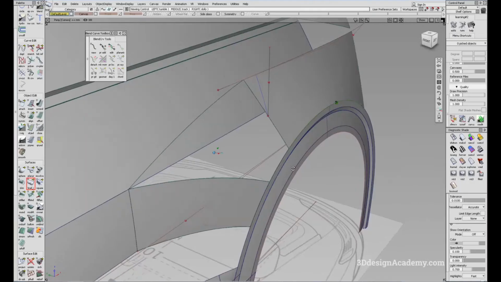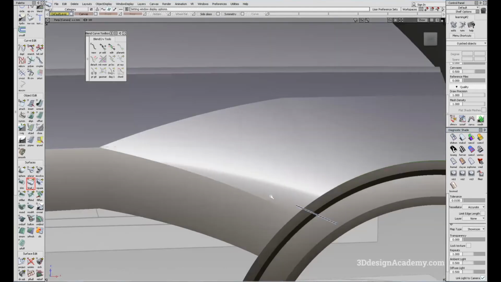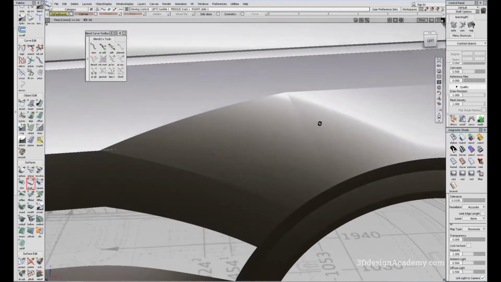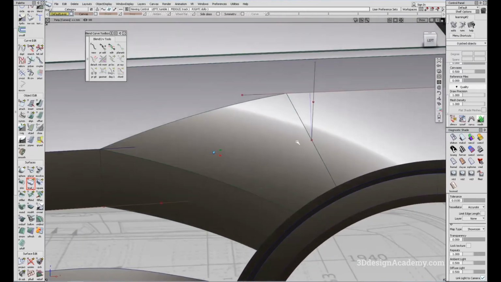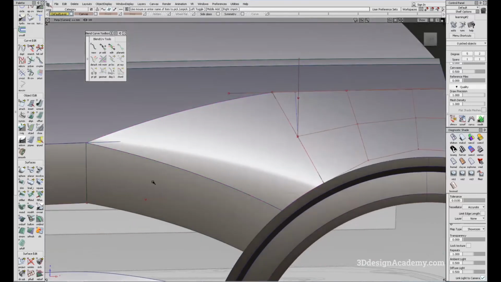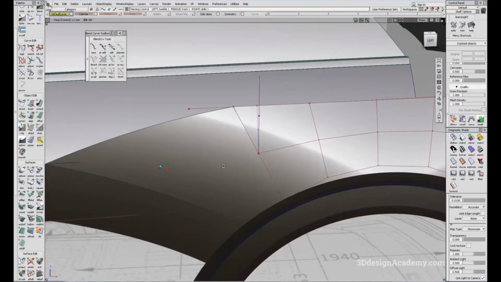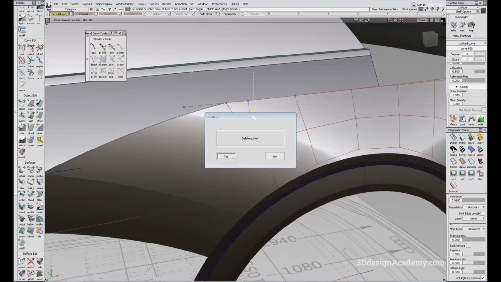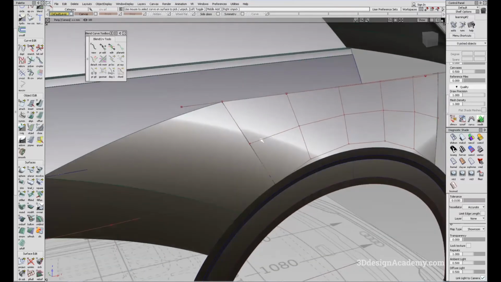Okay, so next up, I'm going to be doing the same thing. So right now, I think the highlight, here, doesn't look bad. I think I can definitely push this in a little bit, but instead of pushing that in, what I want to do is make sure that these two surfaces are as flush as possible. So first of all, I'm going to delete this curve. And I think I'm just going to pull this CV out, and I'm going to make sure the transition is